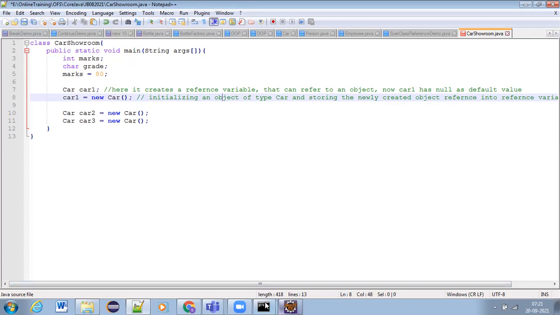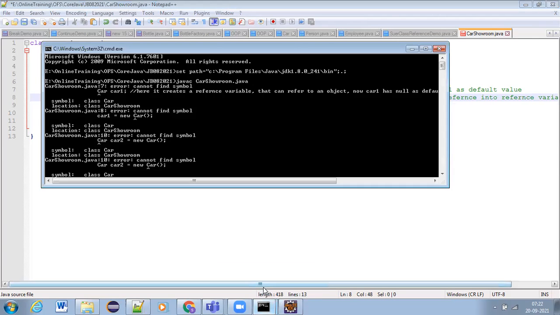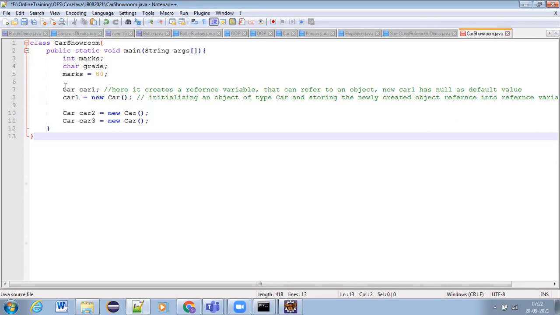Now, we have compiled it, right? It is giving some errors. What are the errors? Car showroom.java:7, meaning line number 7, error: cannot find symbol. Which symbol? Car. Why is it not finding the symbol car?